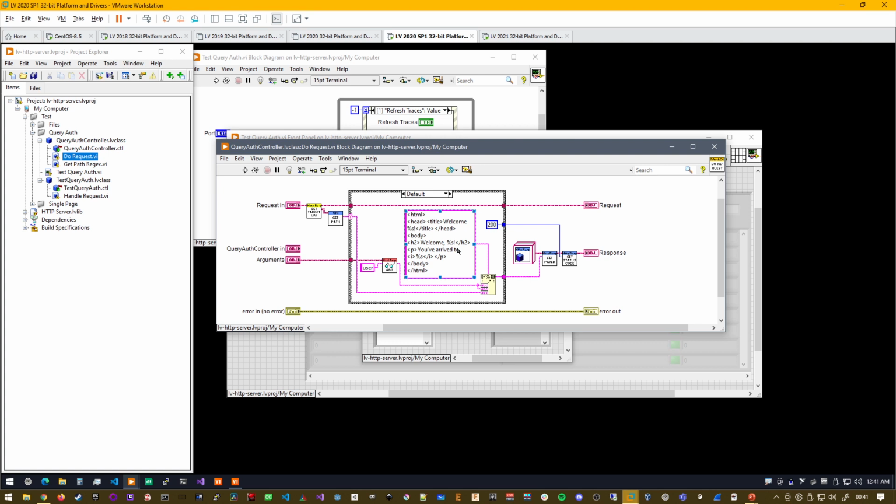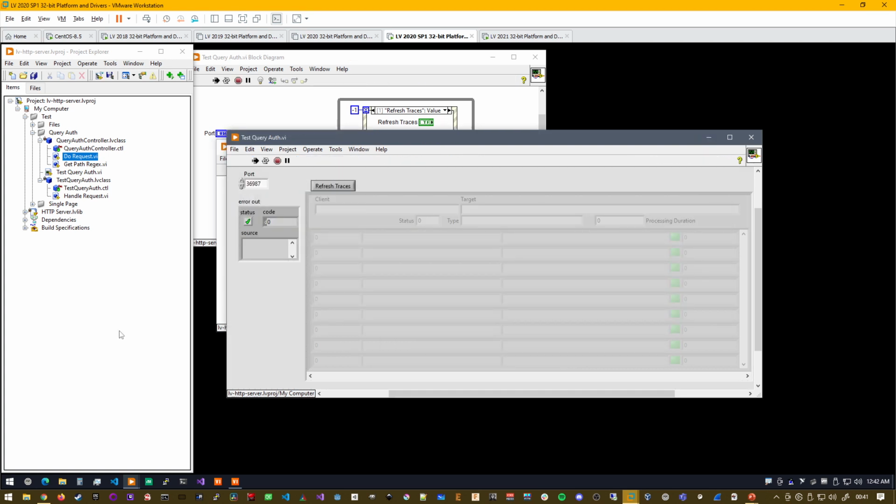So we've got three format specifiers in here, and they're all strings. These two strings are just going to be the username, so the title, and then a welcome message at the top. And then in italics, we're going to put what the path was that they were requesting. So when we run this one,